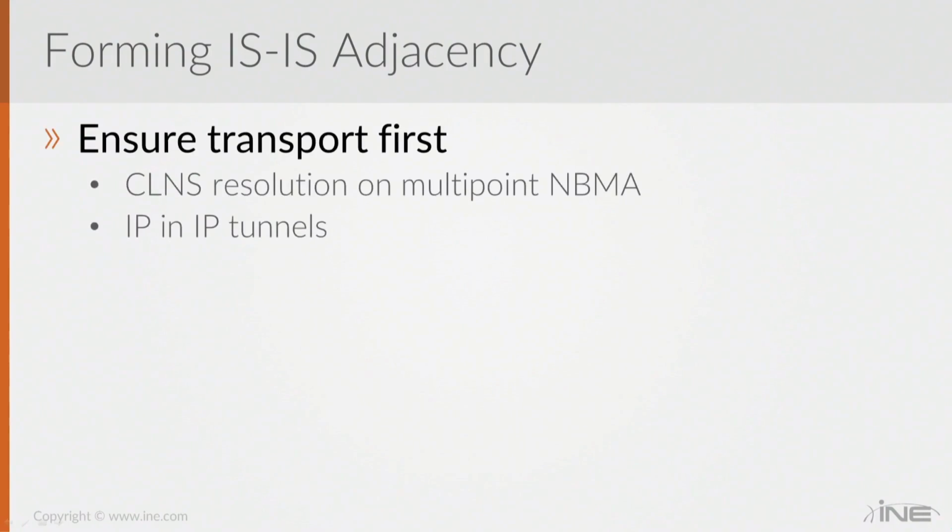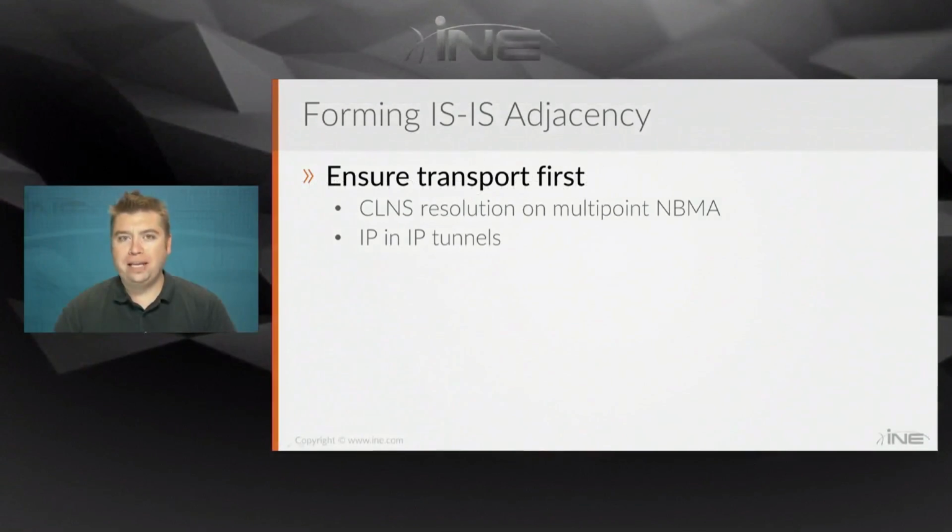Okay, so in terms of forming adjacency, there's mainly 3 of these options that we need to take into account. First and foremost is the transport. Can I send the CLNS packet out, and can the other device receive it? Now, if we're dealing with legacy networks like MBMA networks like Frame Relay or ATM, one of the typical problems with that is that since ISIS is not IP encapsulated,